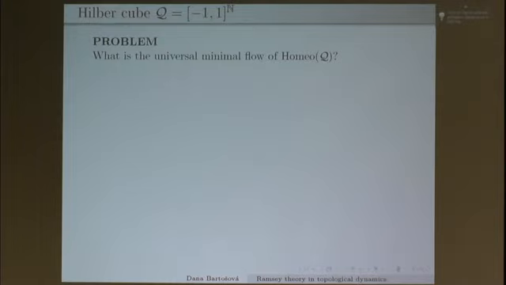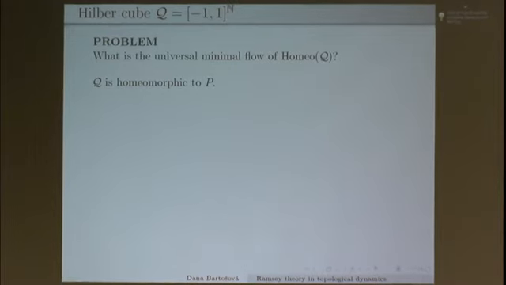And let's get to the last problem. Well, it first appeared in a paper by Pestov, who asked whether the universal minimal flow of the group of homeomorphisms of the Hilbert cube is its natural action. And then Uspenskij proved that it is not, that the action on the universal minimal flow cannot be 3-homogeneous, meaning that we cannot move every 3 points to arbitrary other 3 points. Then Gutman improved that it cannot be even 1-homogeneous. So it is not,